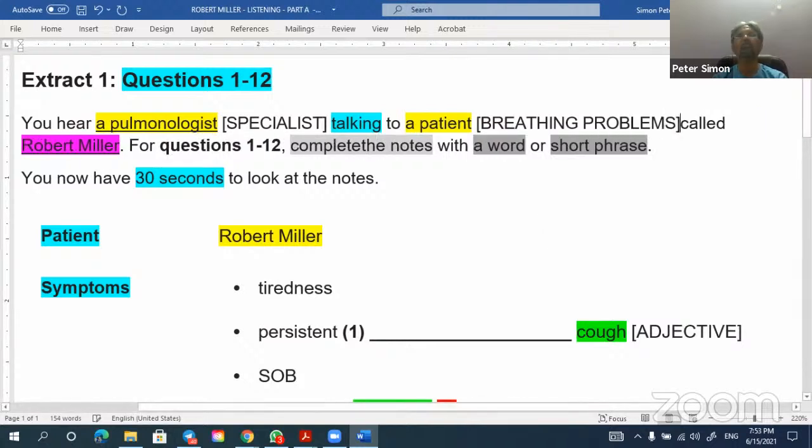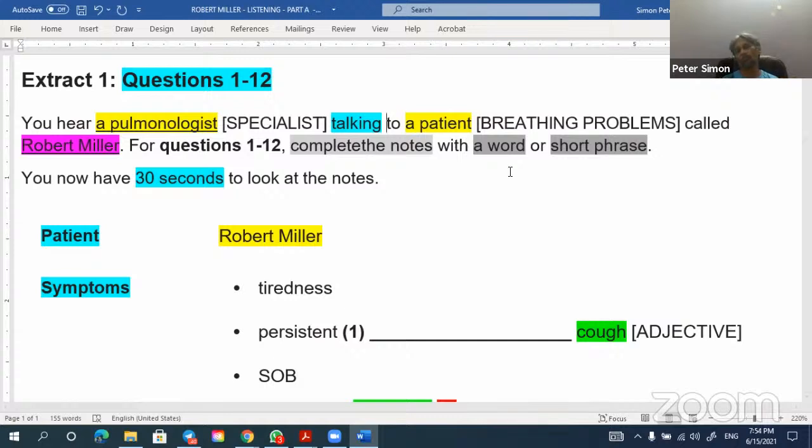A patient who has breathing problems. Try to understand what he is telling. You have to read between the lines. If you can analyze who is what, then it will be easier. So he is talking. What is he talking about? He is trying to